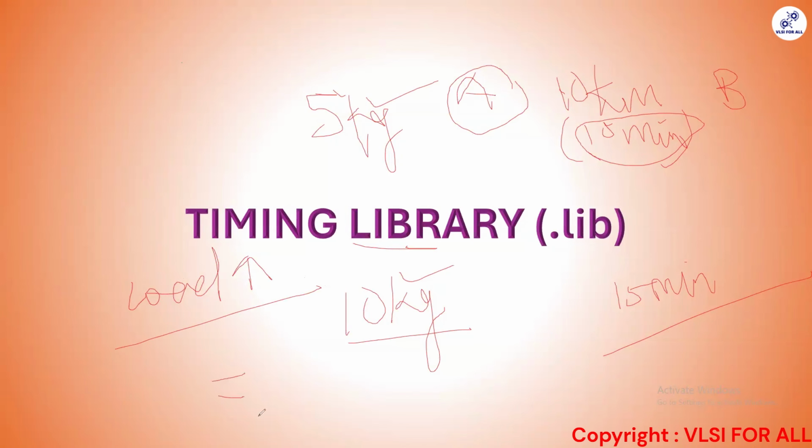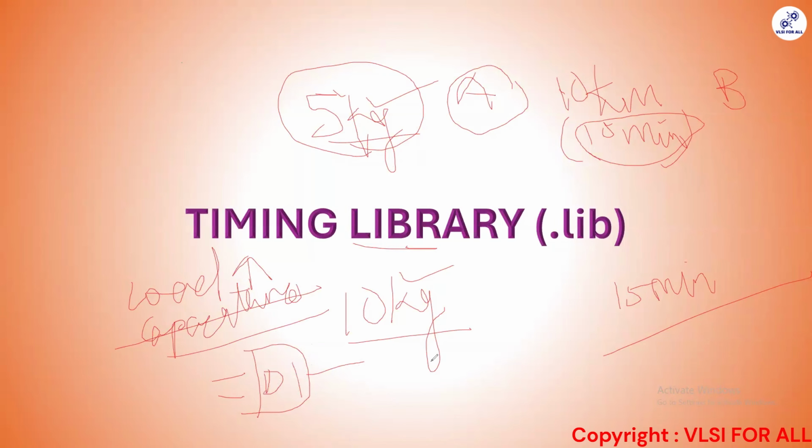For example, if this is an AND gate, whatever load I have given in human terminology, this 5 kg of load or weight, within the VLSI world it is equivalent to your load capacitance, correct? When you say output load, load is measured in terms of capacitance, right? For example, if this cell, let's say D1, is my AND gate 1,